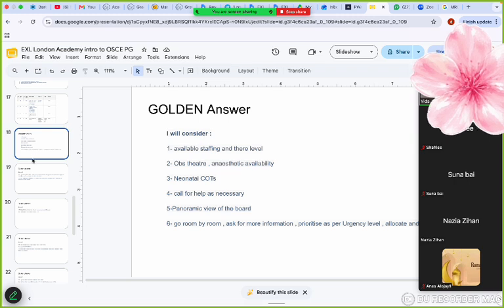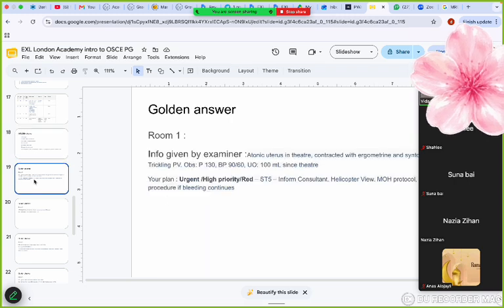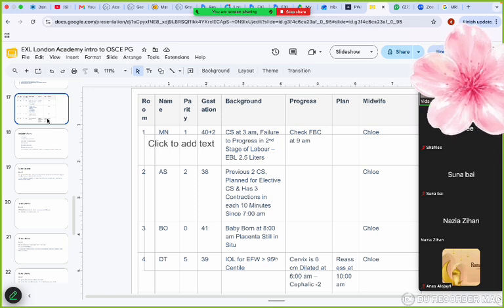And then you go to the first room. Okay, first room. Do not read it. You spend a lot of time reading. This is a para 1, 40 plus 2, 3 centimeter. No. Say room 1. Room 1,